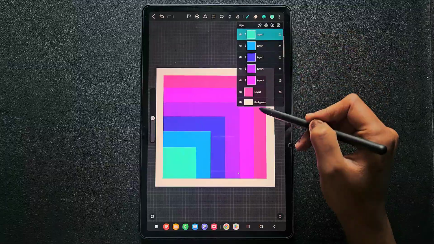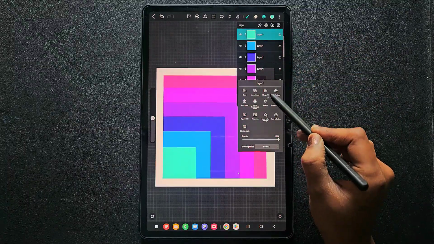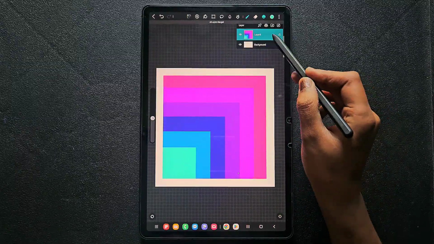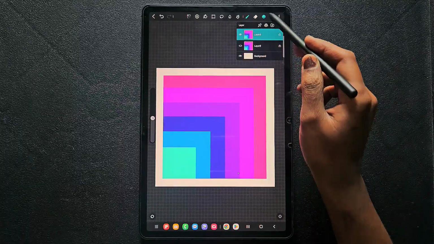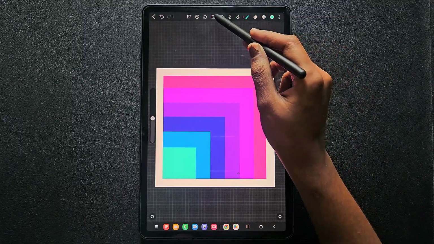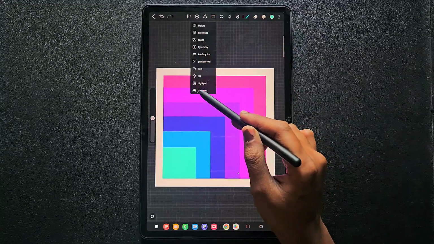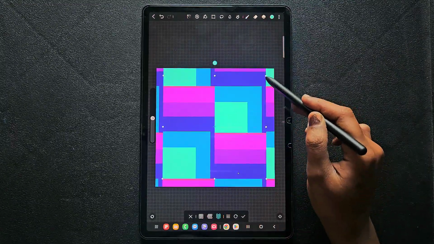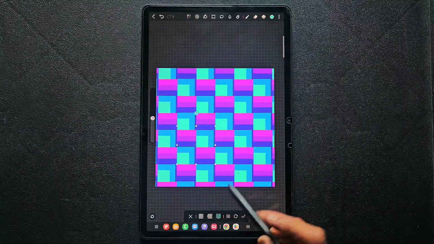Now I want all this to be in a single layer, so going to the top layer and clicking merge all, because the tiling tool will work only on a single layer, so it will not work as a group. So I'm just merging all this together and duplicating that shape once for the reference, and on the top layer I'm going to work. Click on the tiling tool and drag the anchor points, and here